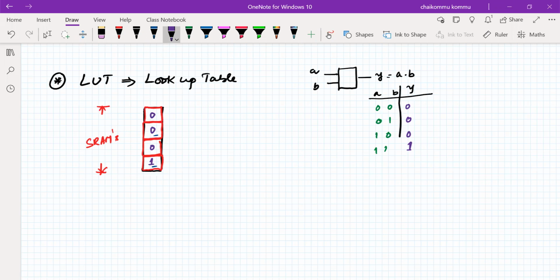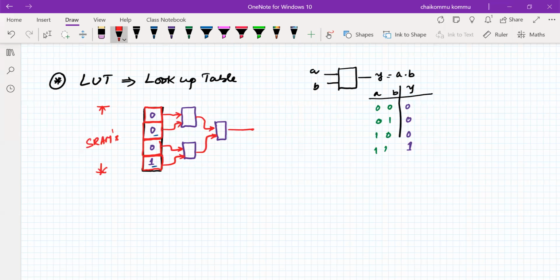Now whether this output will go as an output or not depends upon the multiplexers that are available. So I have to consider the 2x1 multiplexer, something like this. I have a 2x1 multiplexer, another 2x1 multiplexer, another 2x1 multiplexer. These are connected something like this, and I need to consider a different color. This is connected here, this is connected here. These two things are connected here, so that it will produce an output.